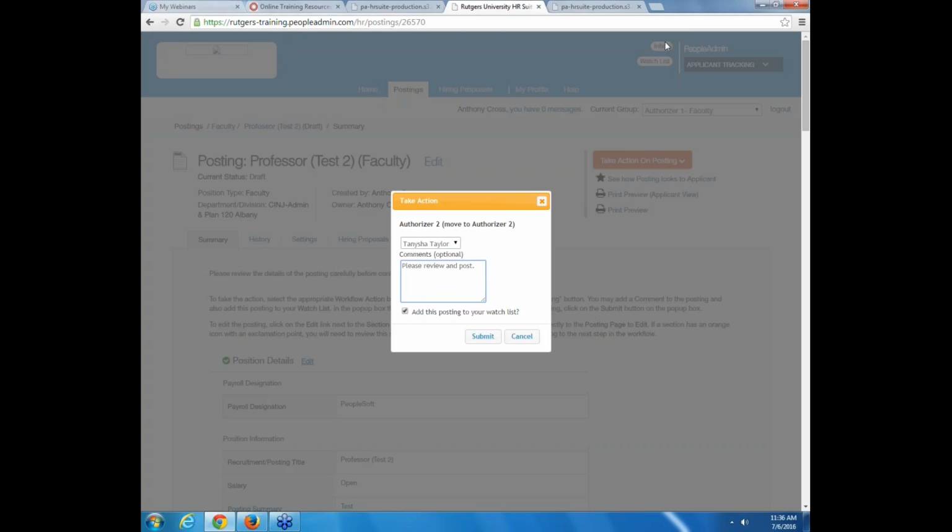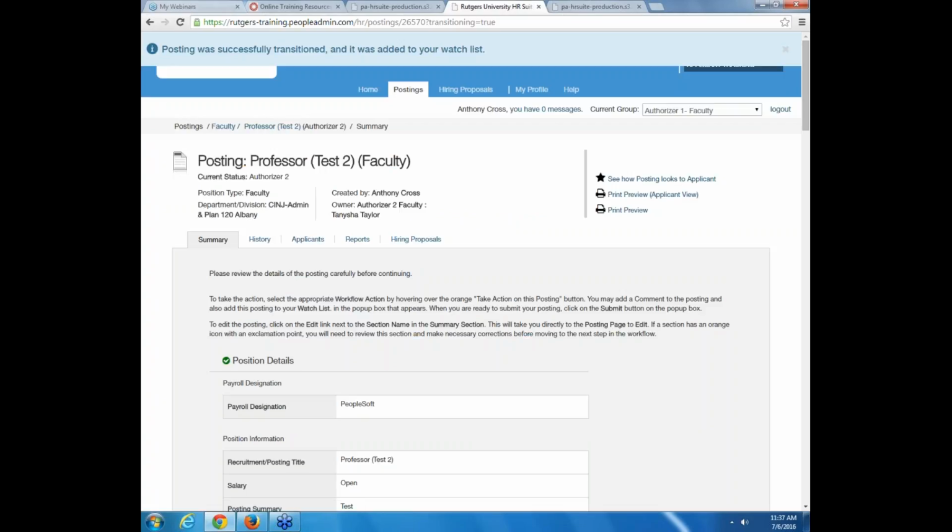So in the upper right of your system, there's a watch list area. If you want to log in, this is a one-stop shop for all your postings, your position requests, so you can see anything currently posted or pending, and it's just a one-click stop to see everything that you have. So I recommend always leaving this checked because it puts it all in one location, all the requests you're working on. So once I hit submit, the system will process it,